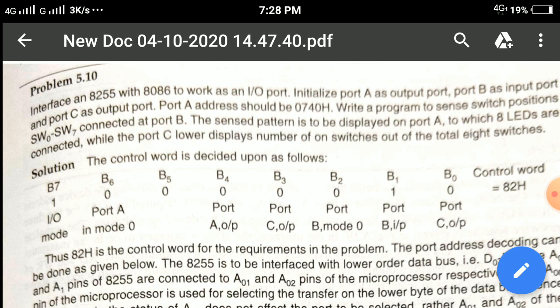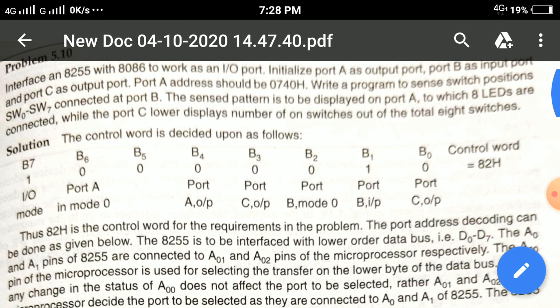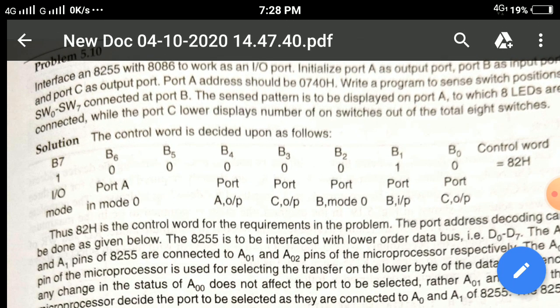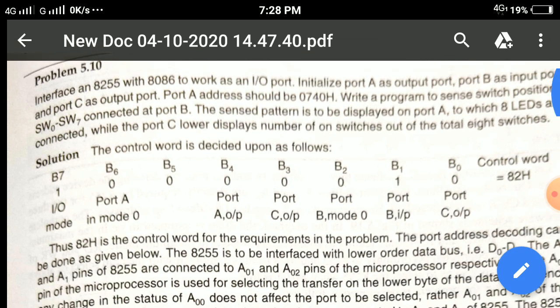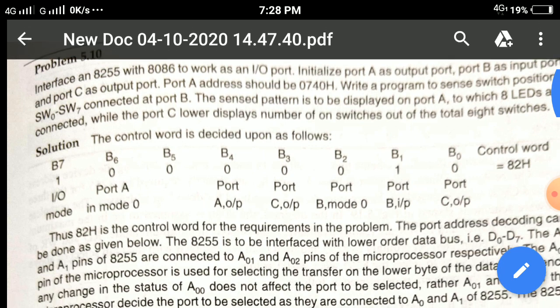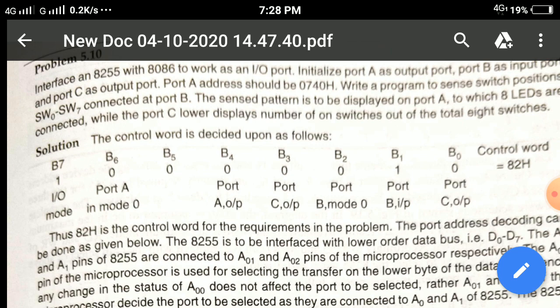To accomplish these two tasks, first it is required to make the format of the control word register. As I already intimated, the control word register that we are using is as per the modes of operation that we selected.